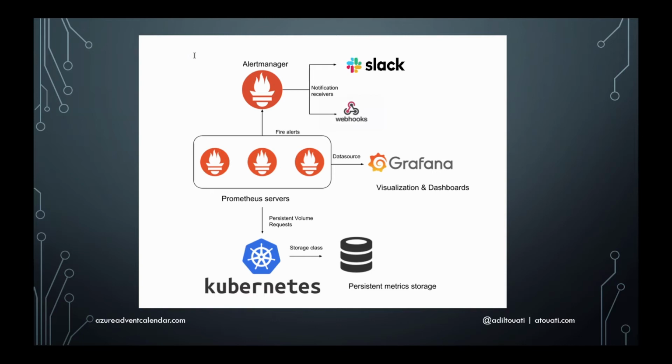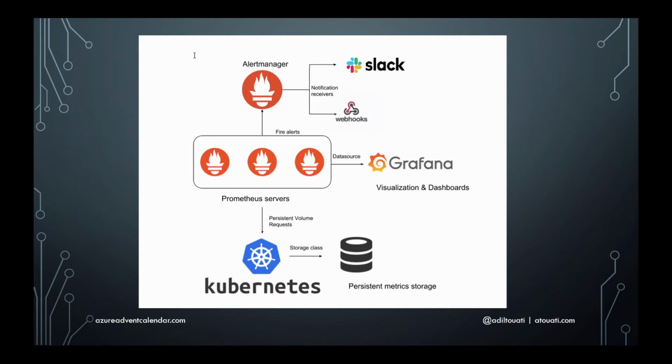So as I mentioned, you have the repo there, so I encourage you to go and clone it and use it for the purposes of going through this. Just to finish on the components part,